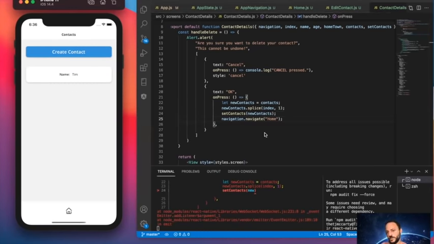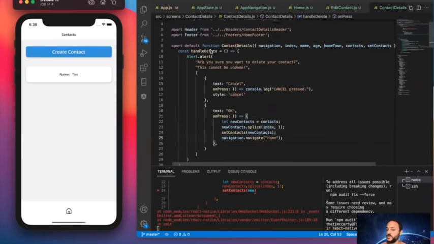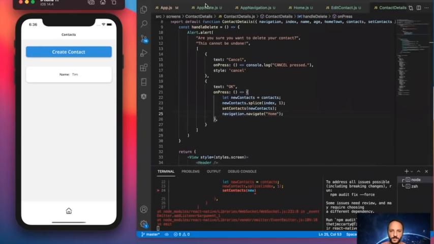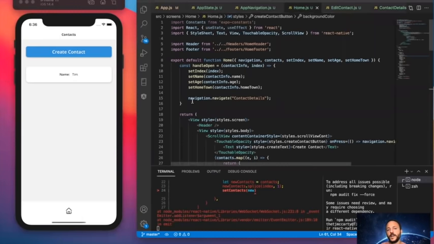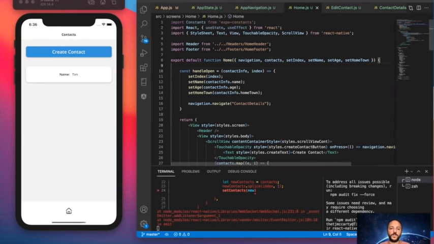So here's how we can use effect. Like I was talking about, we need to tell the home screen to update again whenever the contacts change. So the way we can do that is we'll go ahead and go to the home screen, type in use effect,